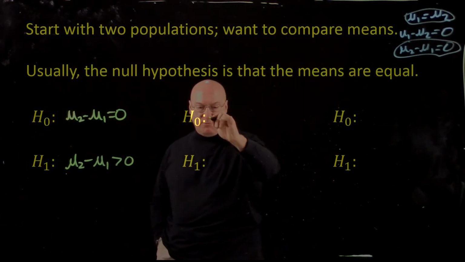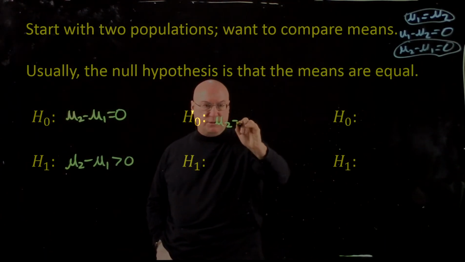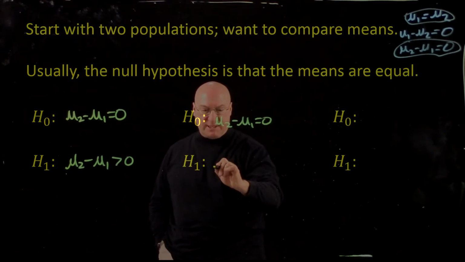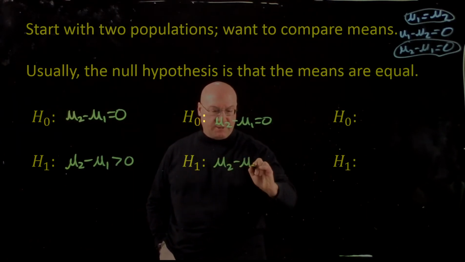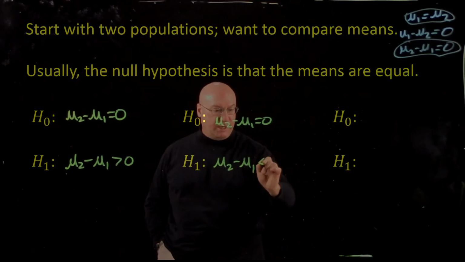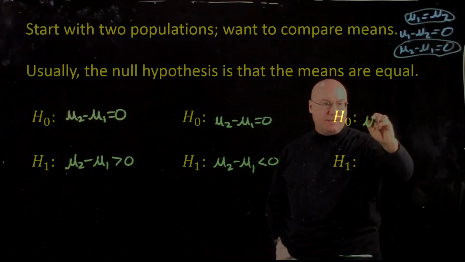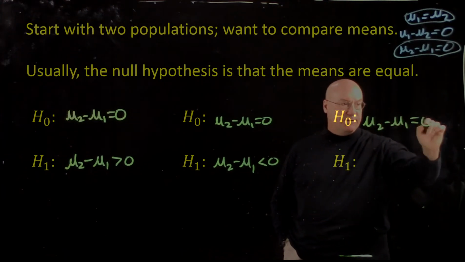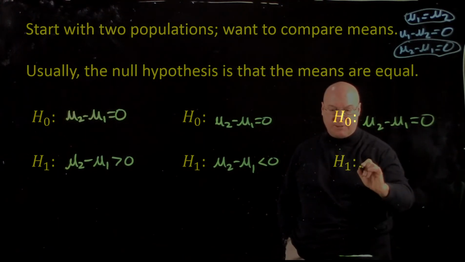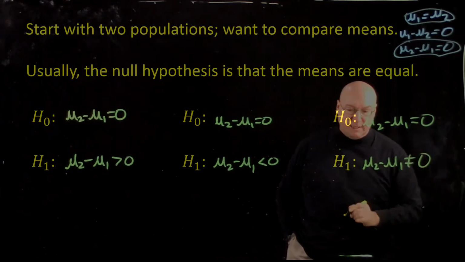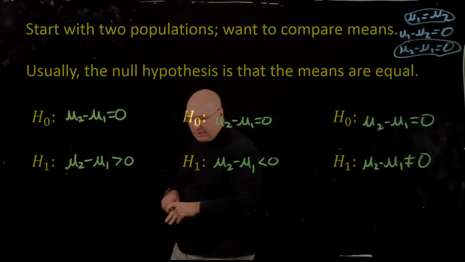So we know over here we'll still have mu2 minus mu1 equals 0. And for the left-tailed test, the alternate hypothesis would be mu2 minus mu1 is less than 0. And of course, for a two-tailed test, mu2 minus mu1 equals 0 is the null all the way across, and the alternative here is mu2 minus mu1 does not equal 0. All right,